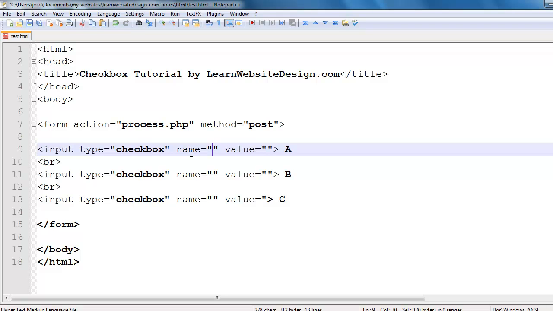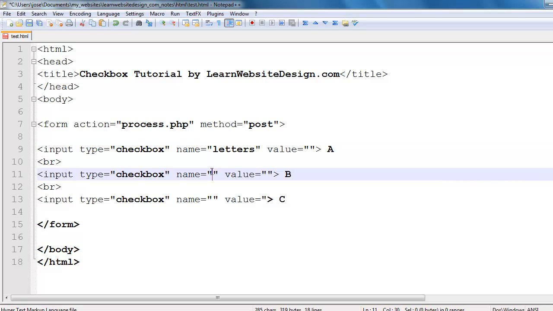Now the name attribute is going to identify the form data to the script or the application that's going to process the submitted data. And in this example I can put letters as the value for the name attribute,